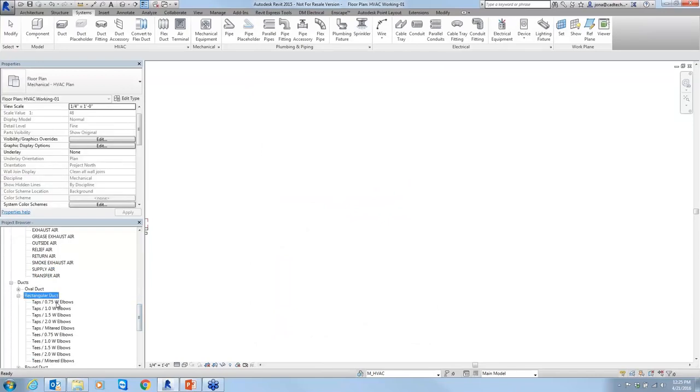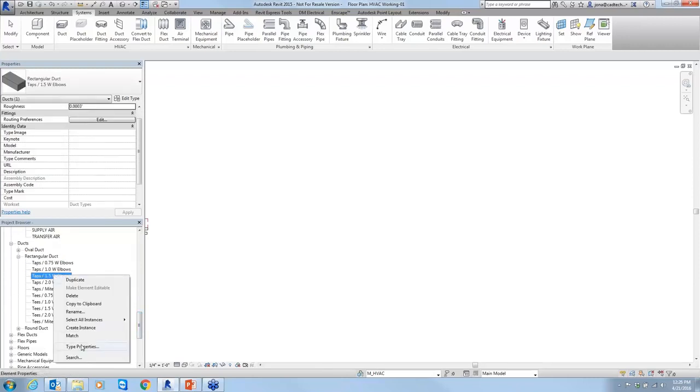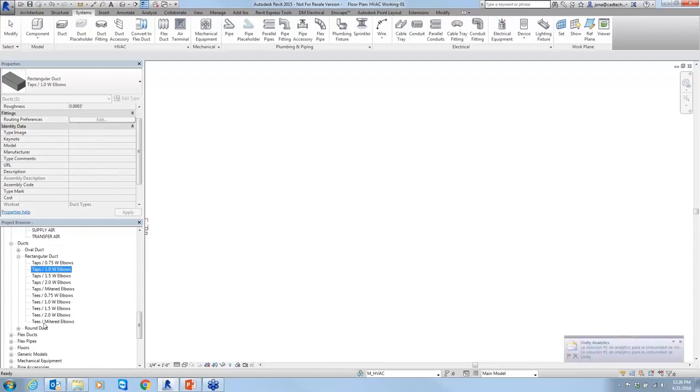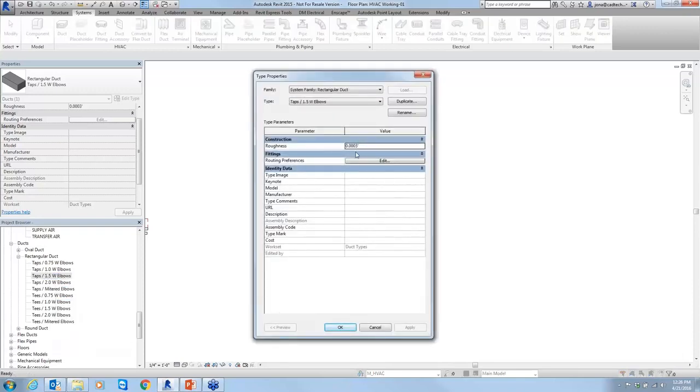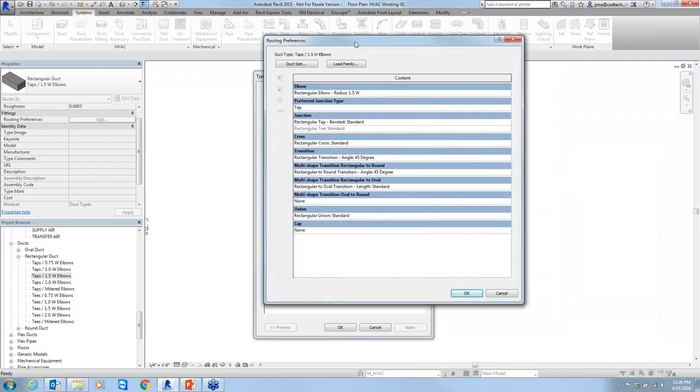If we go down to our duct families, we can do the same thing. We can set all of our types based upon what routing preferences we want. And if I just go to the 1.5 width, this is where we would define the roughness, which is going to be used in our friction calculations, and we can define our routing preferences